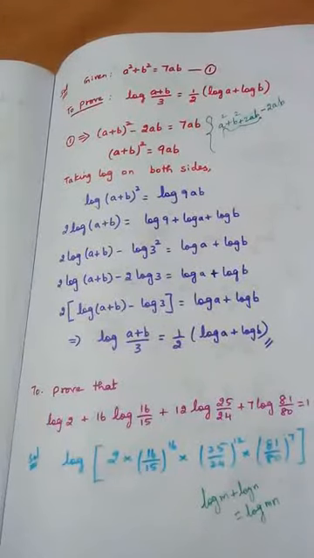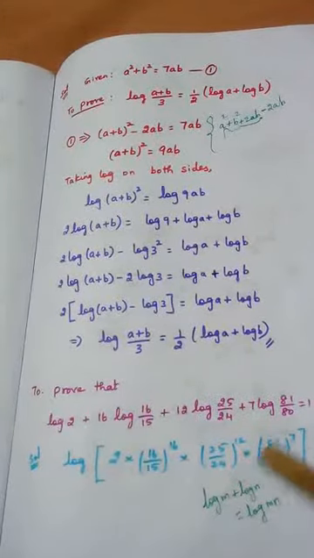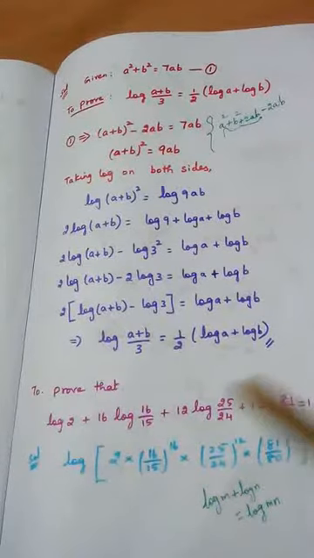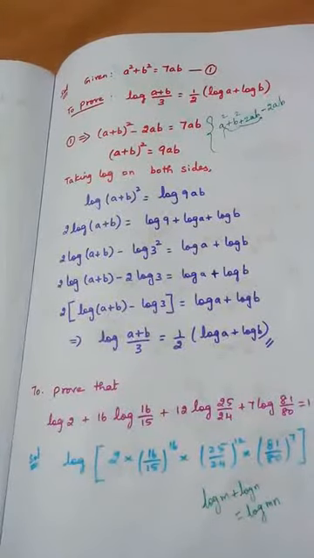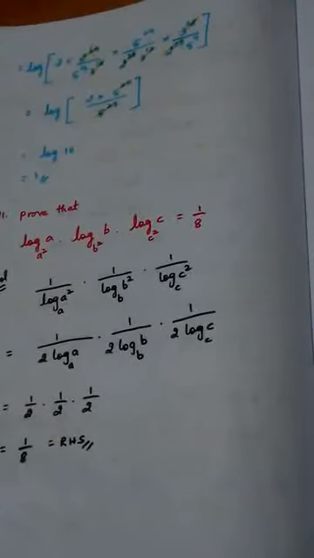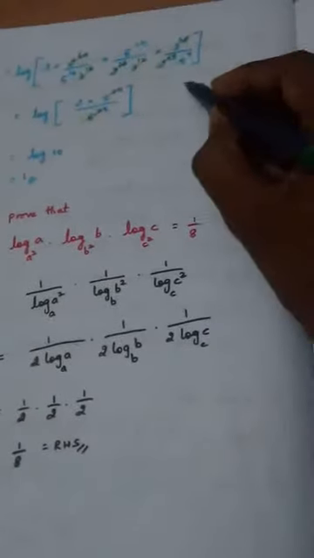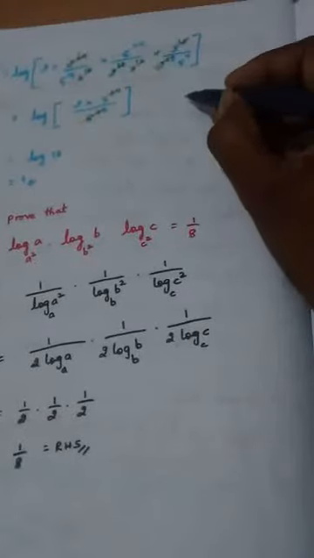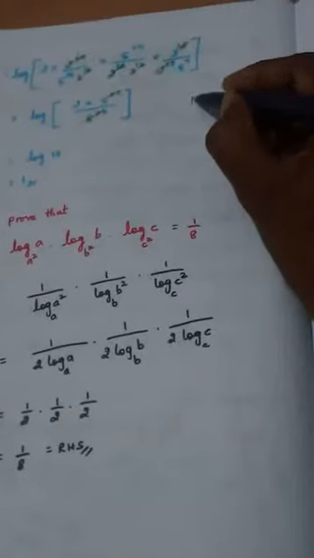So now I'll try to simplify this. If I simplify this, what will be the answer that I'm going to see, right? We will see in the next step. Now I'm not going to explain the whole simplification. You try to observe this and try to understand. Only one step I'll be telling you.